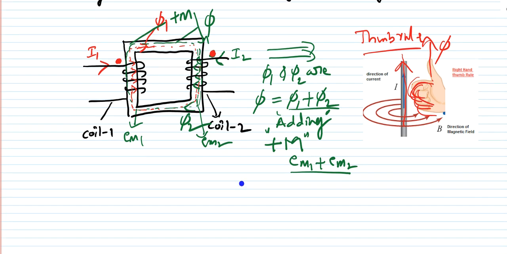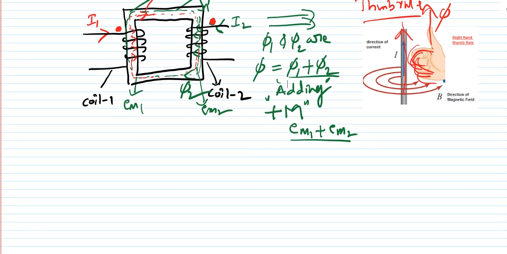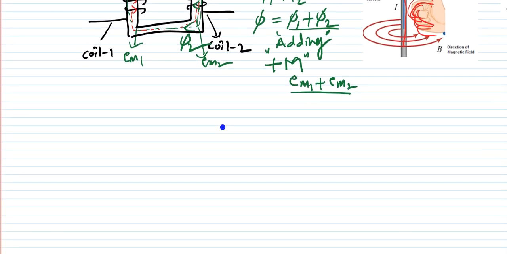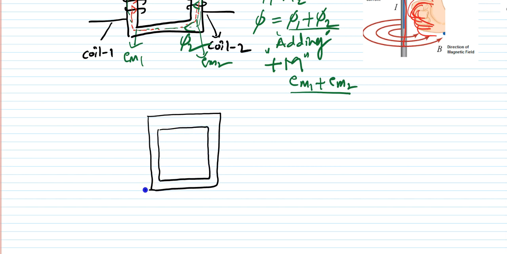How to understand this? Suppose you have the same coil and the same diagram, and this time I will change the dot point of one of the windings. So this is what is shown here. This is my dot of the first point. For this one, this could be the direction of your flux phi 1.